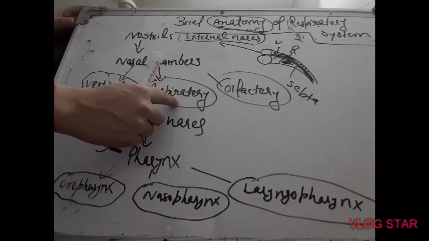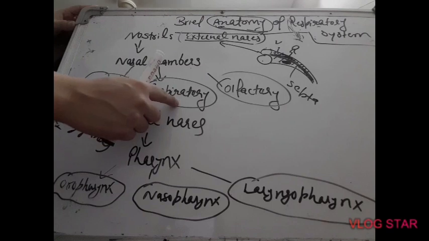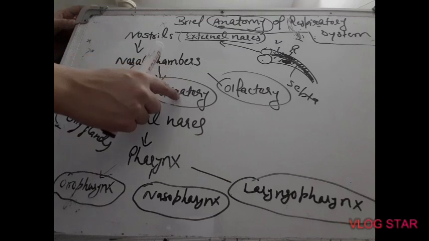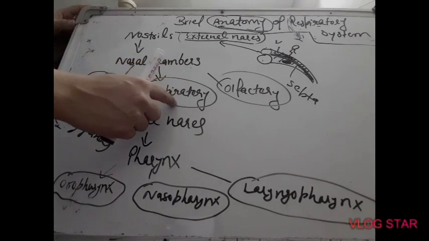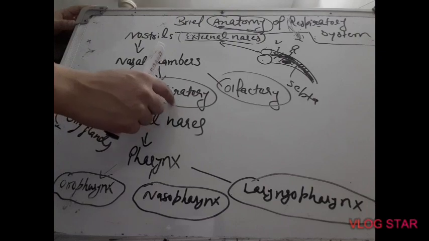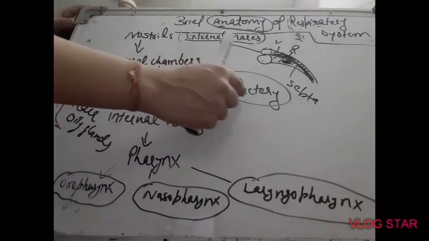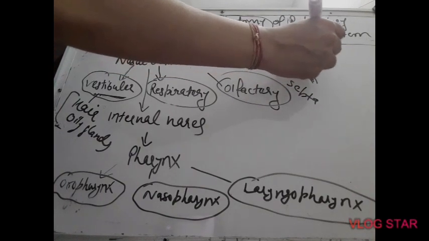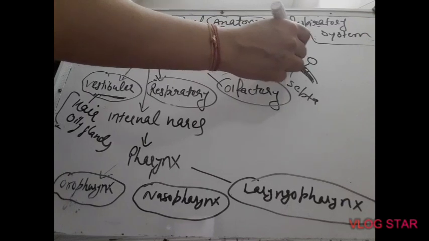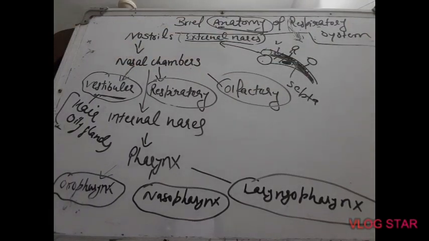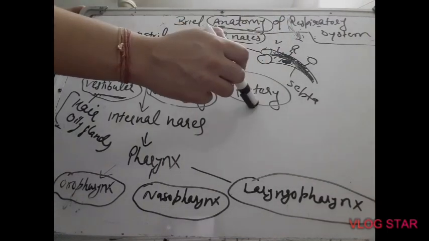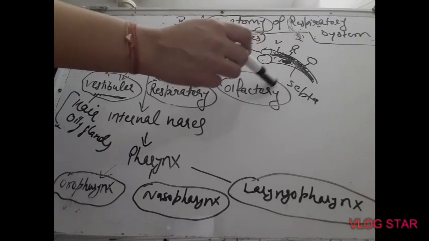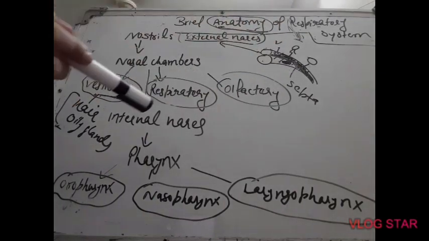What is conditioning? Conditioning means the process of filtration of air. This respiratory region has mucus which traps the dust particles and kills the germs, and thus helps in conditioning the air. Air gets filtered and purified in the respiratory region and then moves on to the olfactory region, the inner part of the nasal chamber. This olfactory region has organs of smell. So this olfactory region is responsible for the smell. We can feel the smell because of this olfactory region.